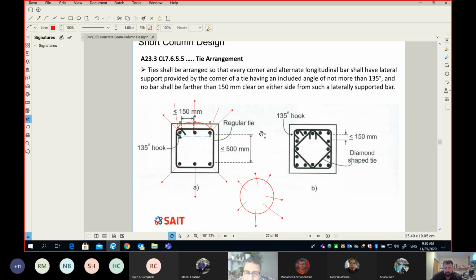Okay, and so as I said, is the tie good in bending? No, it is not good because it's made out of 10M and it's so weak. So that's why here is the trick. The code is asking, okay, if the tie is weak, how can we stop this guy from going outside? Simply we may need to add an extra little bit of tie here, and what this tie does is keep